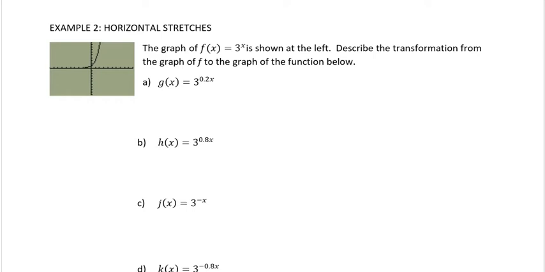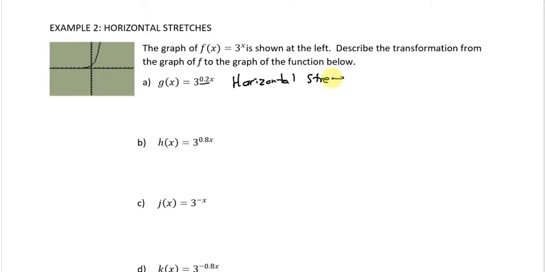So now we have this 0.2. We're multiplying by 0.2. And multiplying, we know, is either a stretch or it's a compression. And because we're working on the inside, the small numbers do the opposite of what we'd expect them to do. This is going to be a stretch. It's going to be a horizontal stretch. Let me write that a little better here. Horizontal stretch